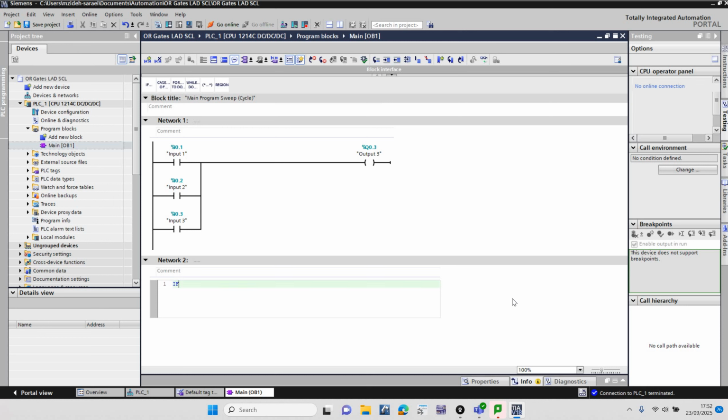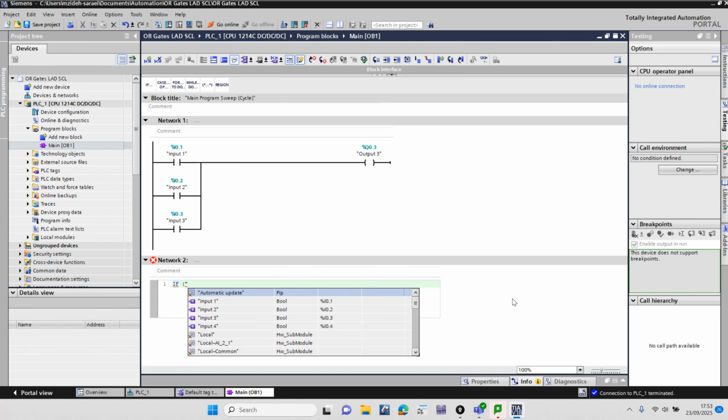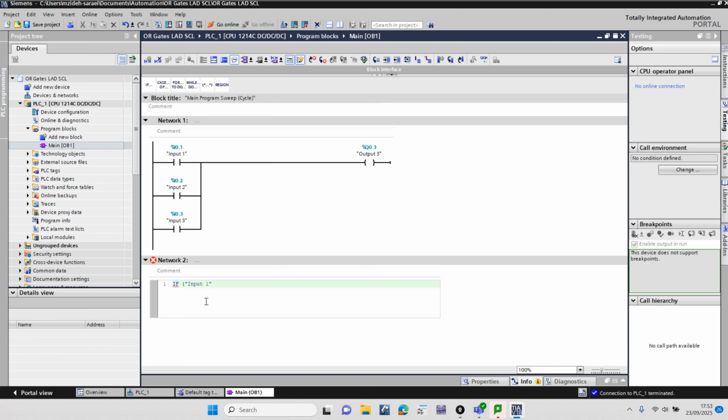I say IF, so we need to create an IF statement. So our OR gate has got 3 inputs, where each input we should put in a bracket in SCL language. And when you are going to write the input address, you start with a quotation mark. It will bring up all the inputs for you in the table. So when you put the quotation mark, all the global addresses will appear here. So I've got input 1. So if input 1 is equal to 1,